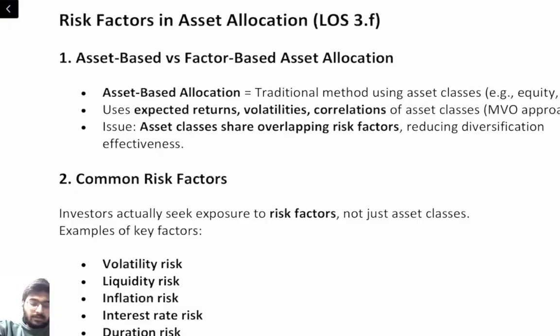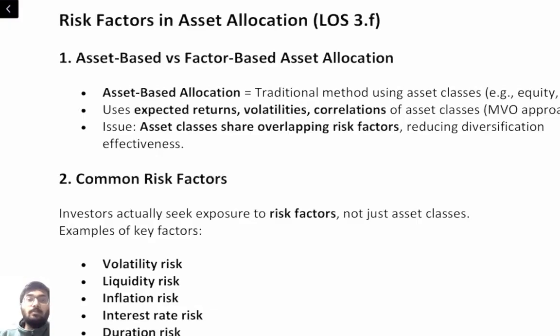So what we used to do in the traditional manner and what we are doing right now, it's like a comparison. Clear? So let us first understand what we call asset-based asset allocation traditionally. We choose asset classes like equity, bonds, cash and real estate, and then we decide how much money to put in each class. Clear? So this was the traditional method, but now the modern portfolio theory, that is your mean variance optimization, uses your expected return, your volatility, and also your correlation.